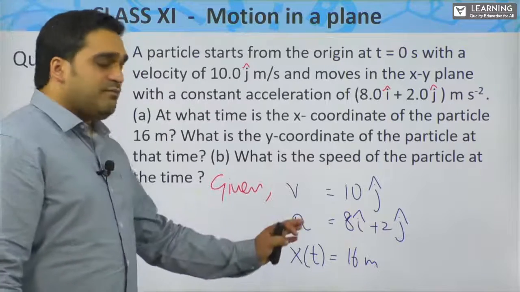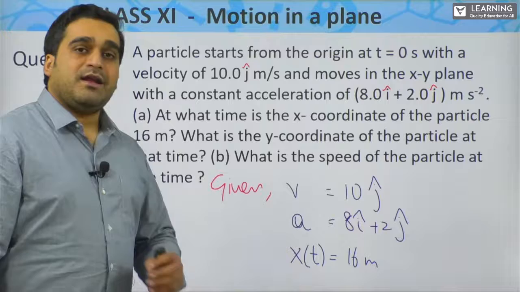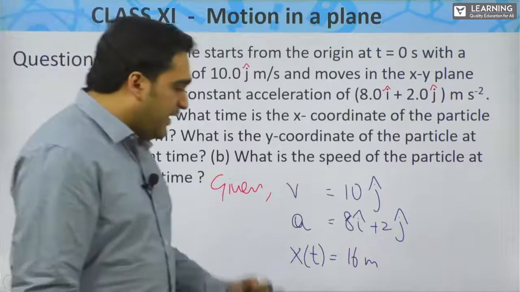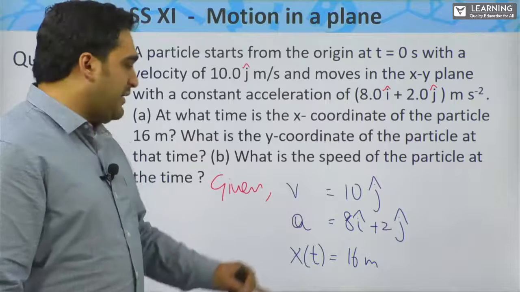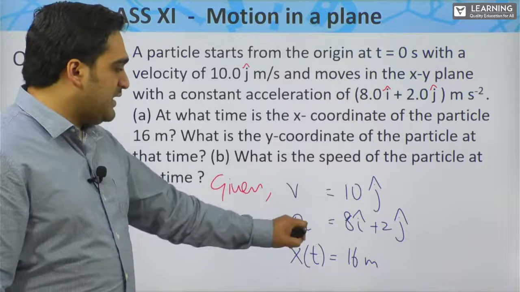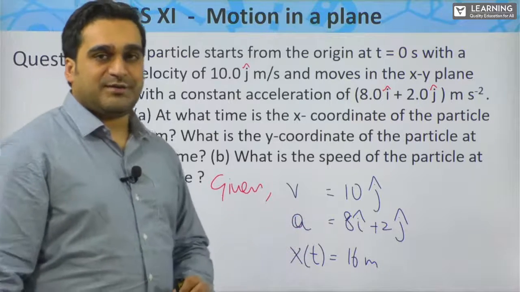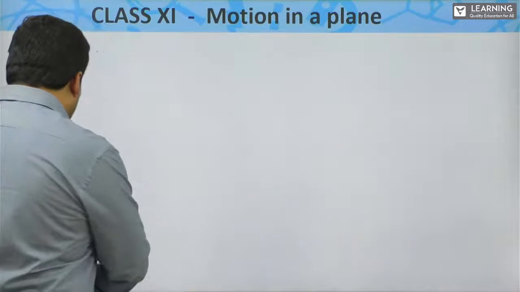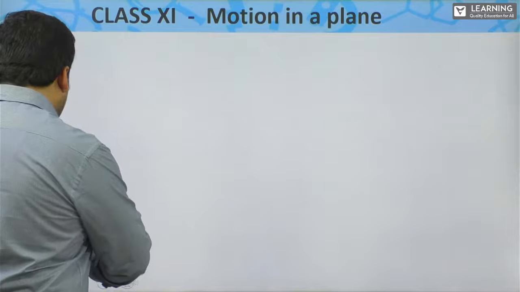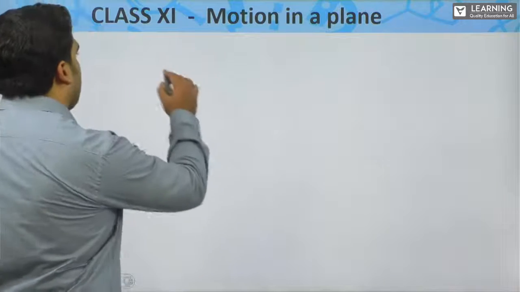So now that we have made note of the parameters, let's go ahead and find what will be the displacement of the particle for this velocity and for this acceleration. How do we find the displacement of a particle? Well, we use a formula that is,